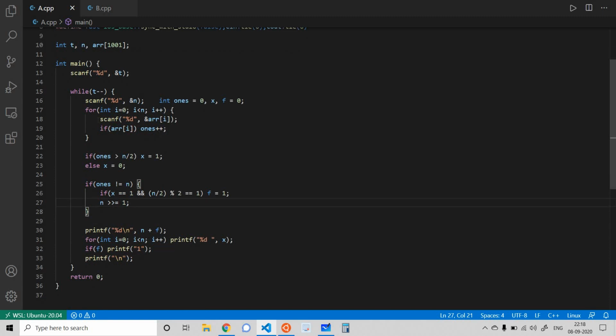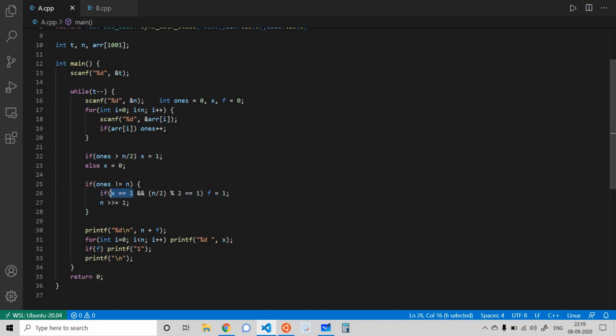I have calculated the number of ones in my ones variable. If ones is greater than n by 2, not equal to, then I initialize my x variable as 1, otherwise x is 0. x is the term which I will be printing after my deletion. Only if ones is greater than n by 2 will x be 1.